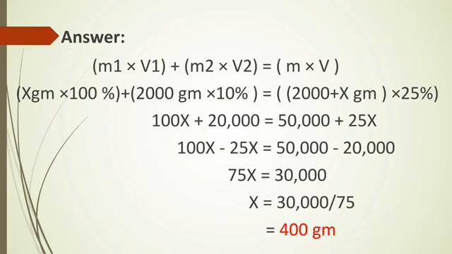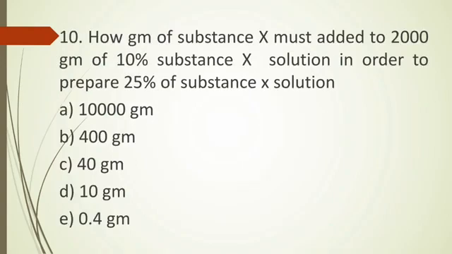So we can just change the terms, that means we can take together the terms containing X into one side. So 100X minus 25X is equal to 50,000 minus 20,000. 75X is equal to 30,000, and the value of X is equal to 30,000 divided by 75, that is equal to 400 gram. So in this kind of questions we have to use the equation M1V1 plus M2V2 is equal